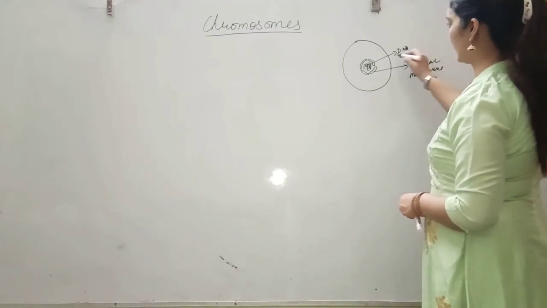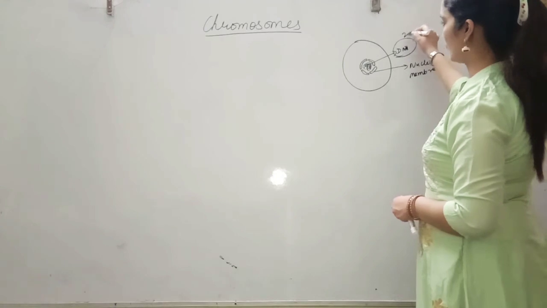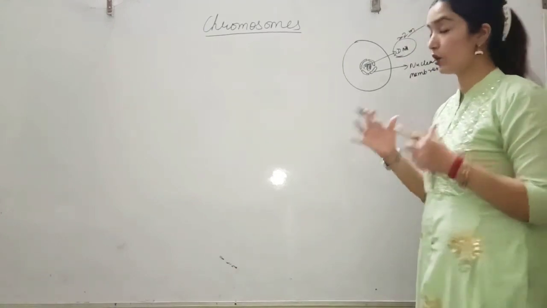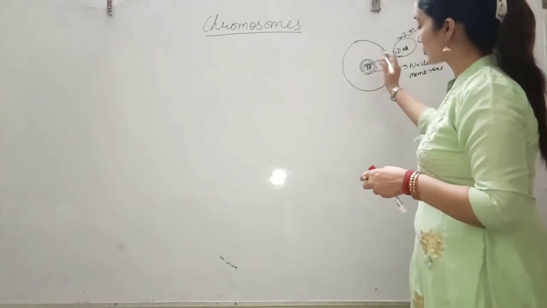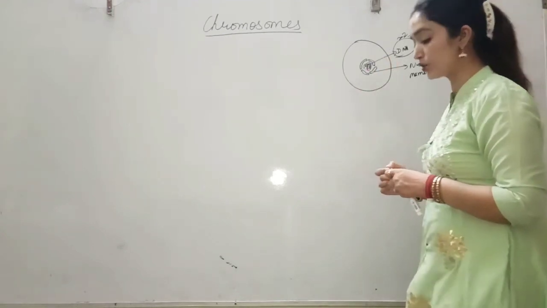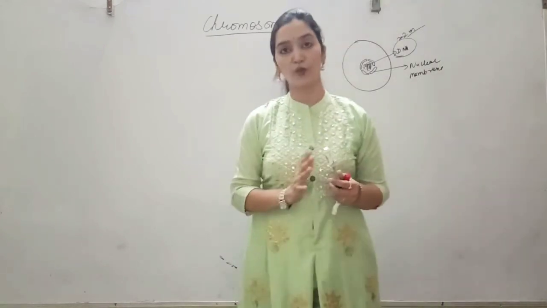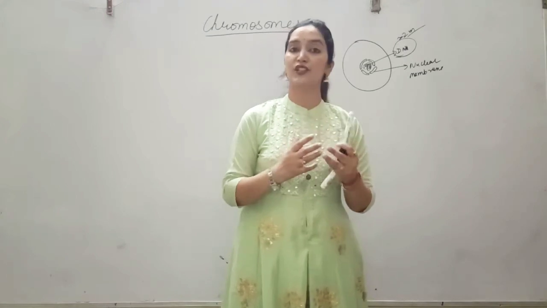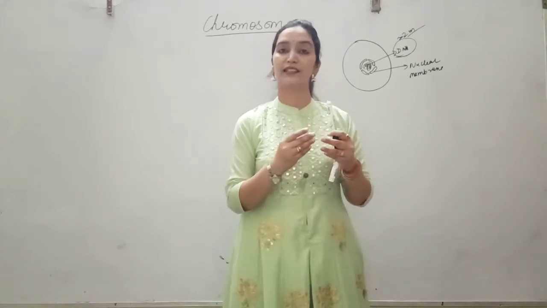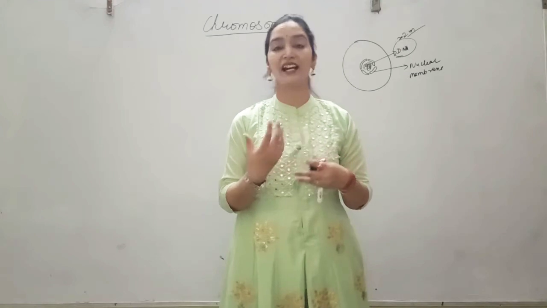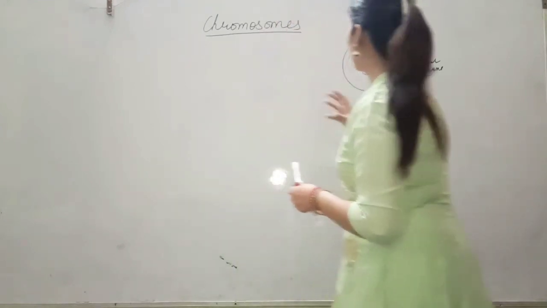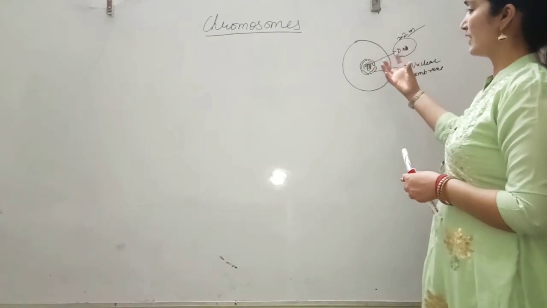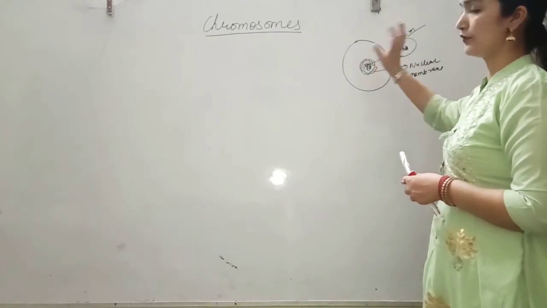If we talk about the length of DNA, students, it is approximately 2 meters. So how does this long DNA fit inside such a small nucleus? Actually, there are some basic proteins, histone proteins, called DNA packaging proteins, that are rich in positively charged amino acids, lysine and arginine. The main role of histone protein is to pack the DNA so compactly that it fits in the small nucleus.